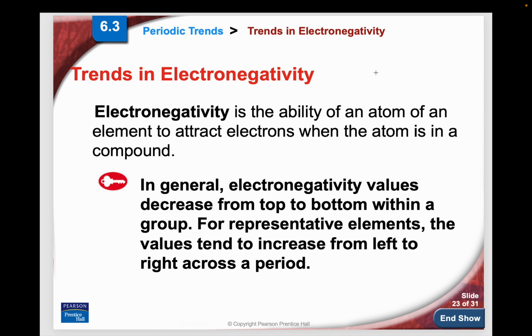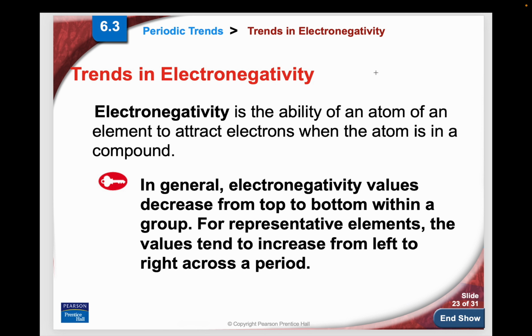defines an atom's property to attract electrons, basically to its nucleus. But there are many periodic properties that we find in the periodic table, and electronegativity is one of them. These are properties that you can make predictions about based on an element's position in the periodic table, and electronegativity